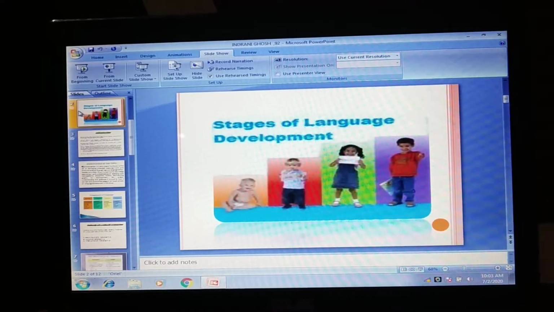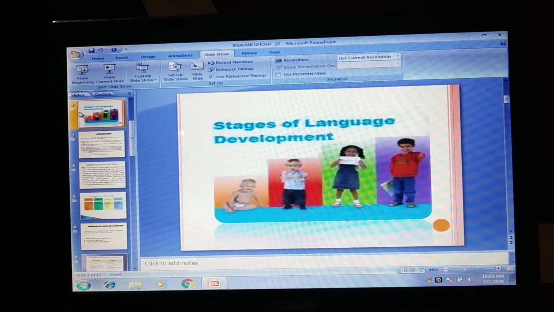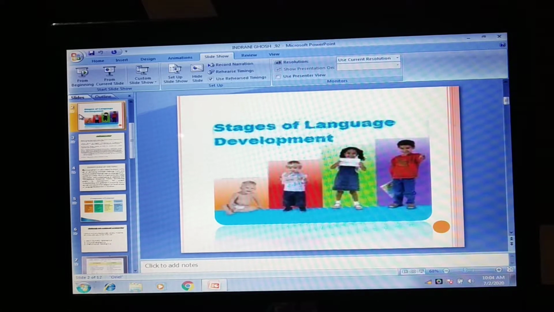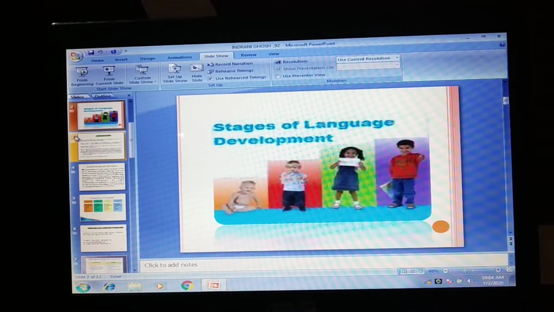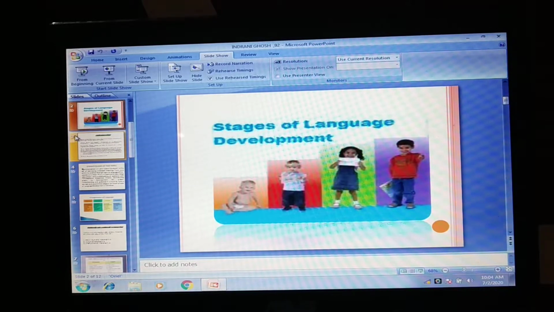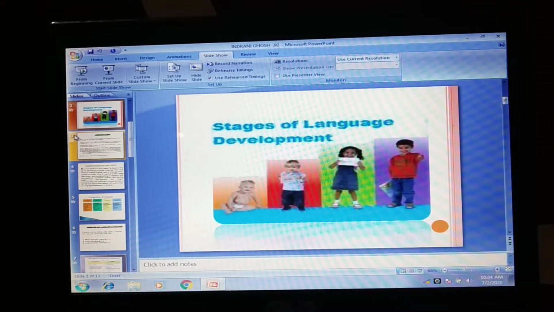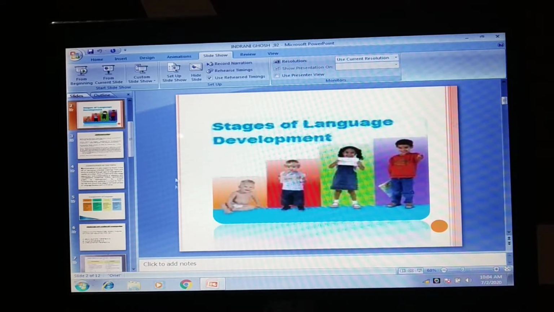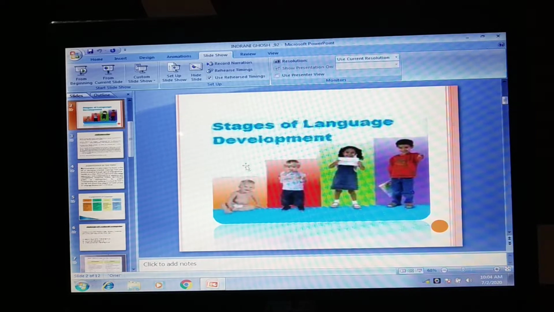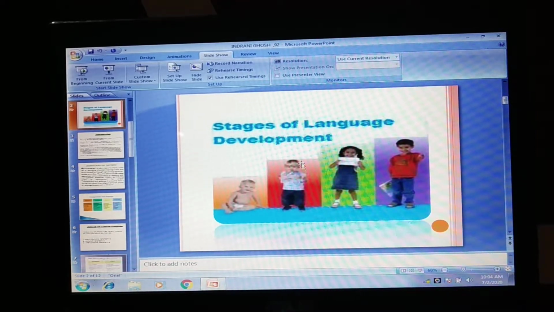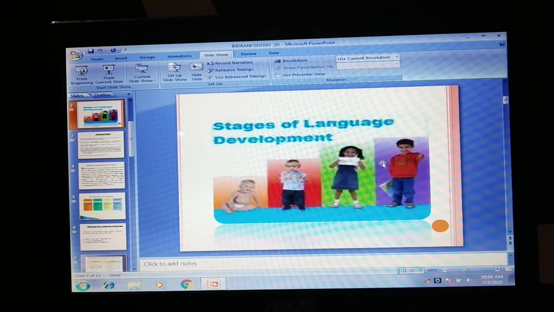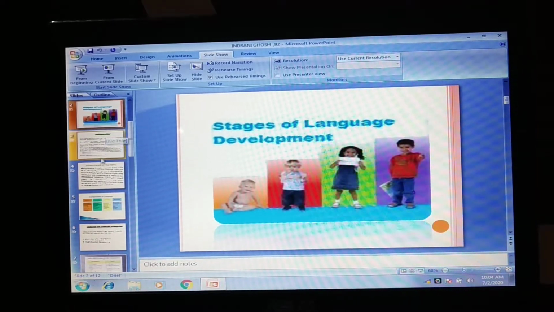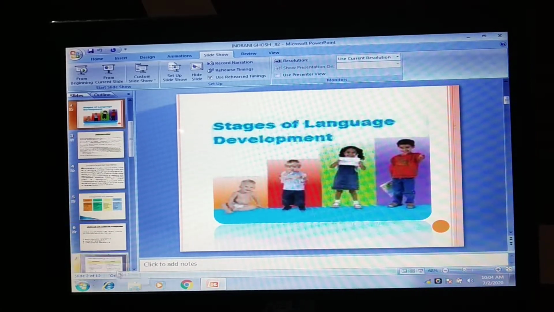There you will find, on top, the first paragraph begins with: a presentation is made up of a series of electronic slides that can be projected or printed in a variety of handout formats. A slide is like a page in a presentation that displays brief information you want to communicate with your audience. Now see, for example, on the computer screen I have made a presentation ready to explain to you in a proper way, and this thing which you can see here is the slide, and these are the series of slides which I have prepared to make a show.